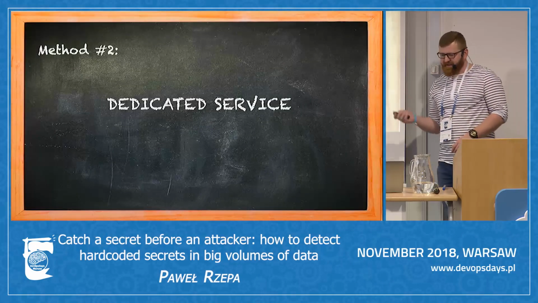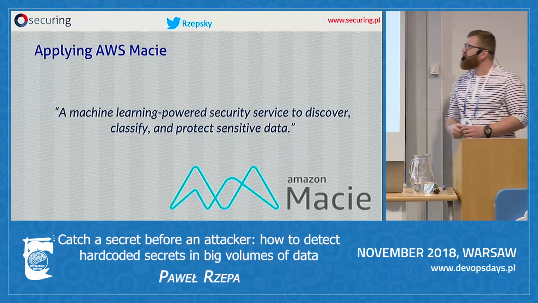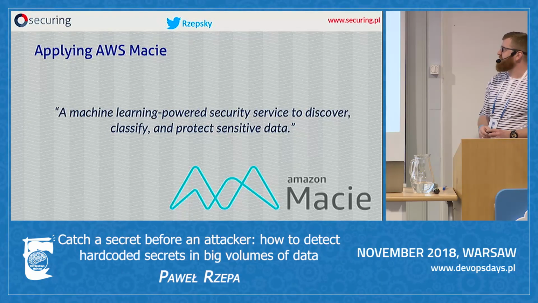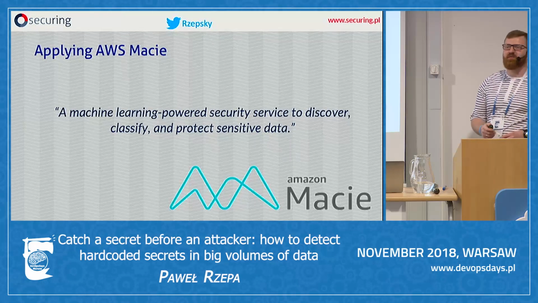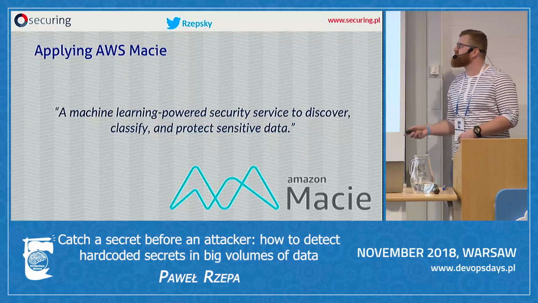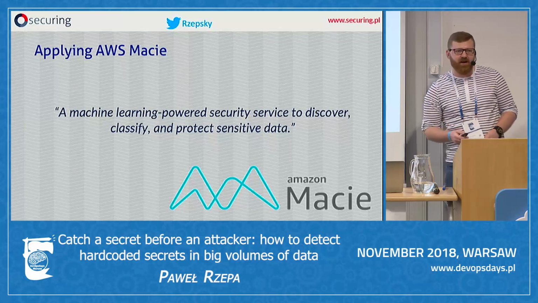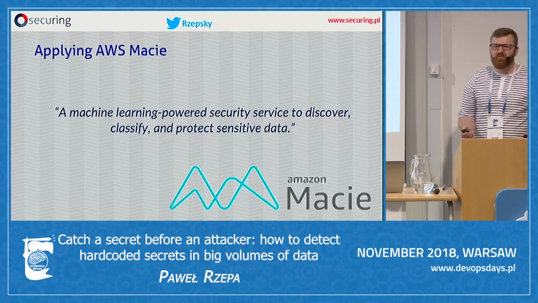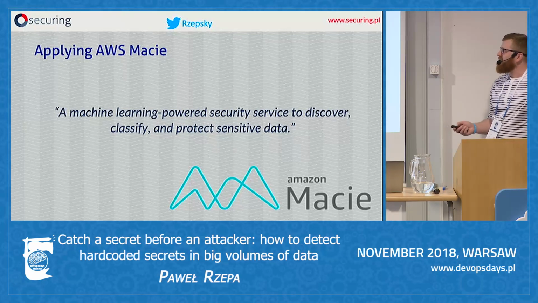So what about a dedicated service? Amazon released the service called Amazon Macie, and it is described by the provider as a machine learning powered security service to discover, classify, and protect sensitive data. So it really sounds like a beast. I thought that it would definitely be very good. After some minutes,